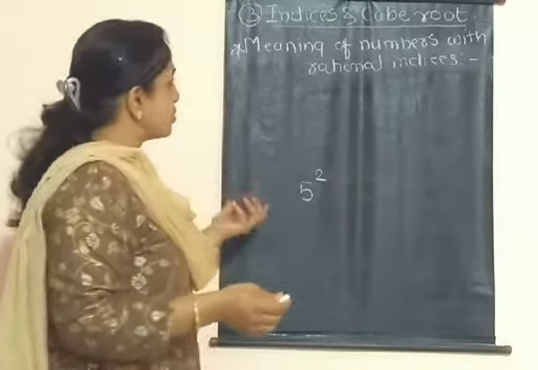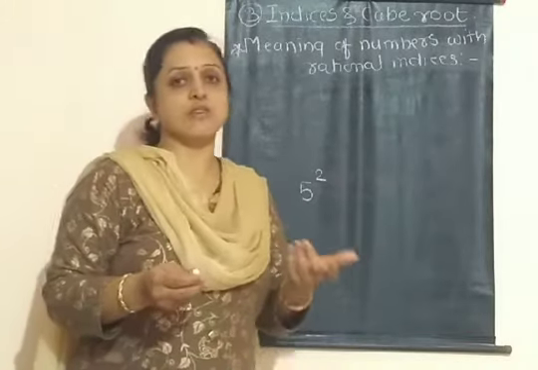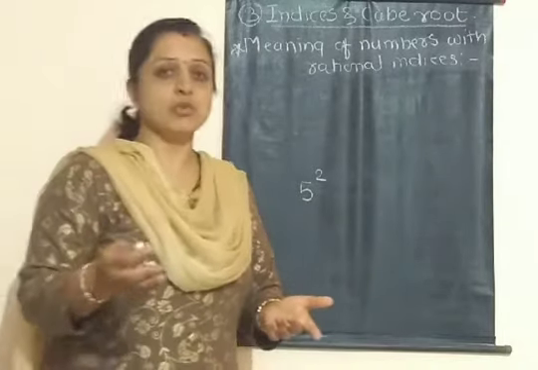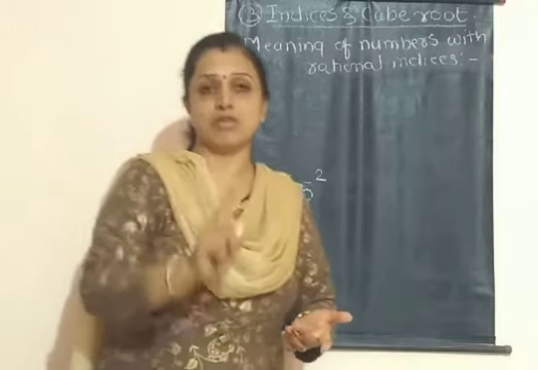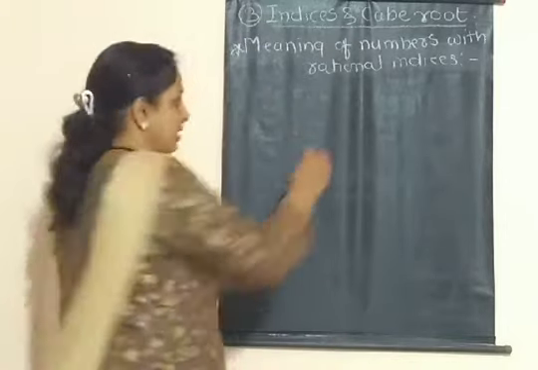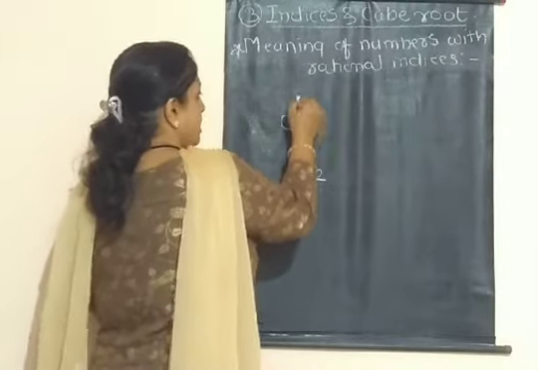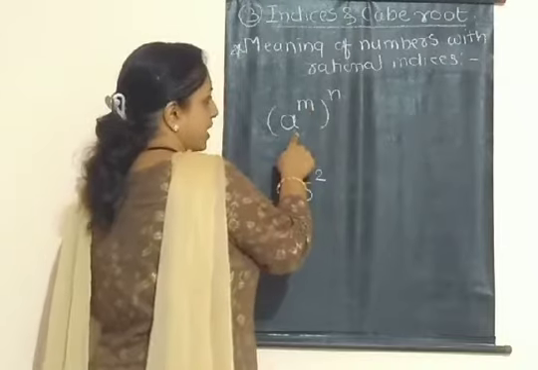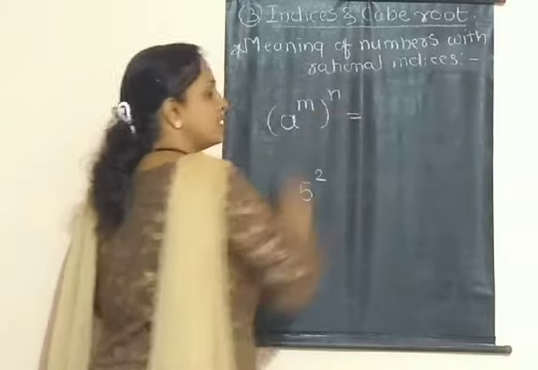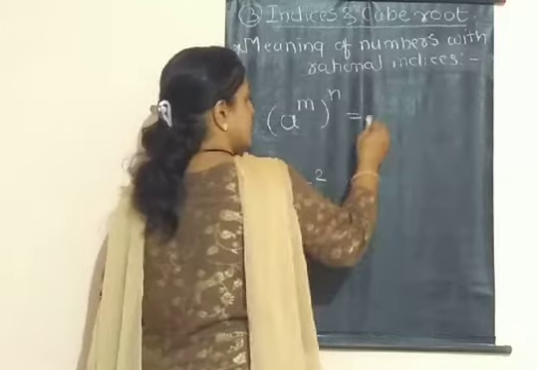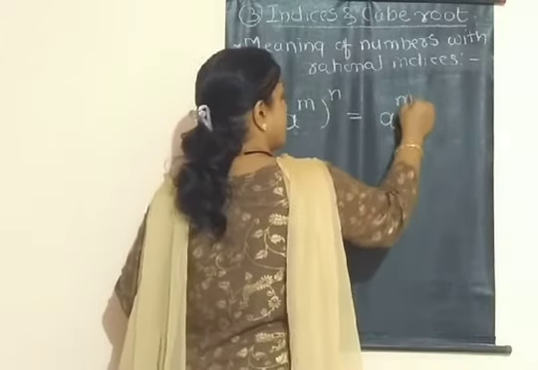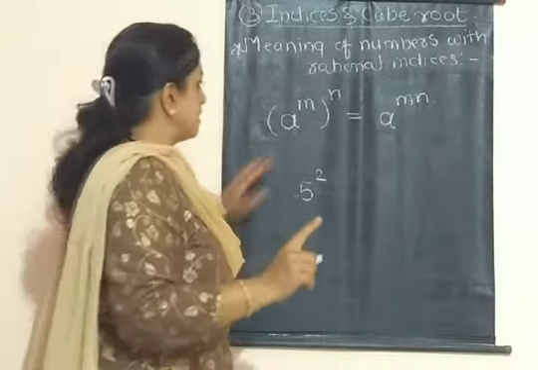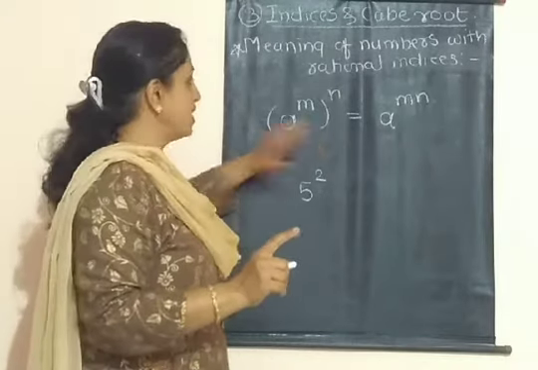Also in the last lecture we studied the laws of indices. Actually there are 8 laws of indices, and yesterday I explained 7 laws. I forgot to explain one law. So what is that law? Let's study here. Consider a raised to m raised to n. It means power of this number a. Then we can take the product of these two powers, or these two indices. So we can write a raised to m into n. This is one of the laws of indices that I forgot to explain in the previous lecture.